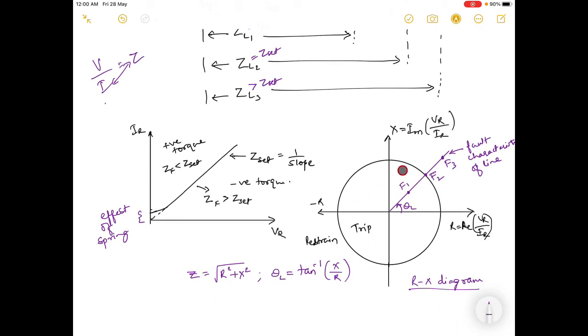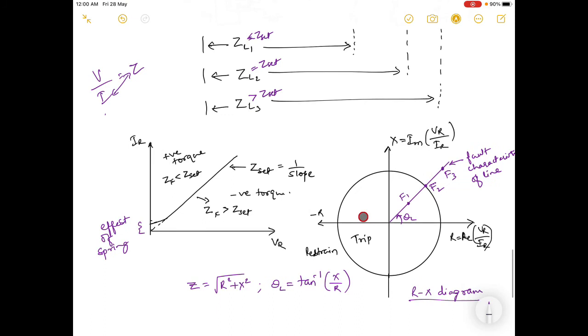Why do we go for the RX diagram? Because this curve doesn't give all the parameters which you can represent there. Once we understand why this is confusing and why it is not sufficient, of course we have learned what the curve actually is, but it is more easily representable in this diagram.